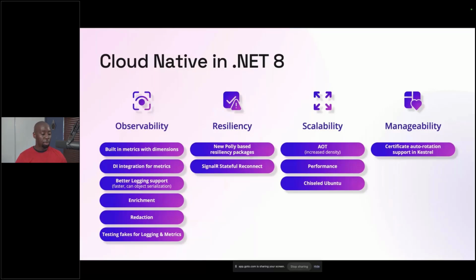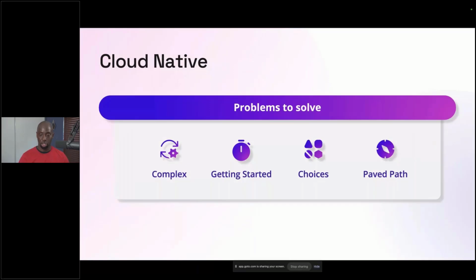But again, more stuff doesn't mean it's better, right? Like what we've been getting is more stuff. And more stuff is good. I don't want to say we don't want it. We definitely want it. But then the problem is that we're compounding on what I like to call the microservice matrix.